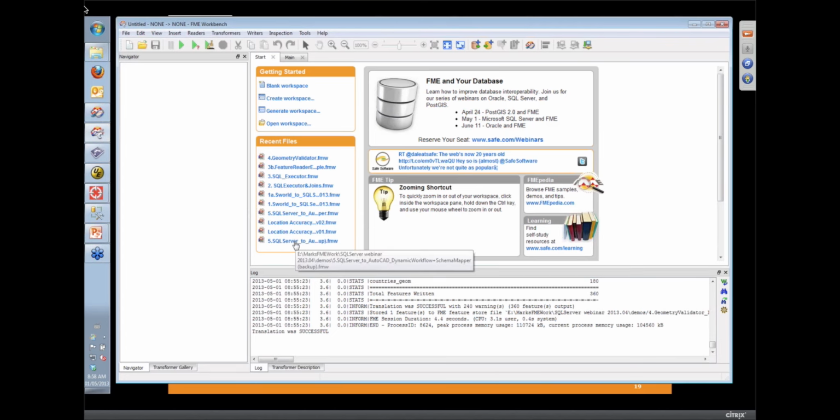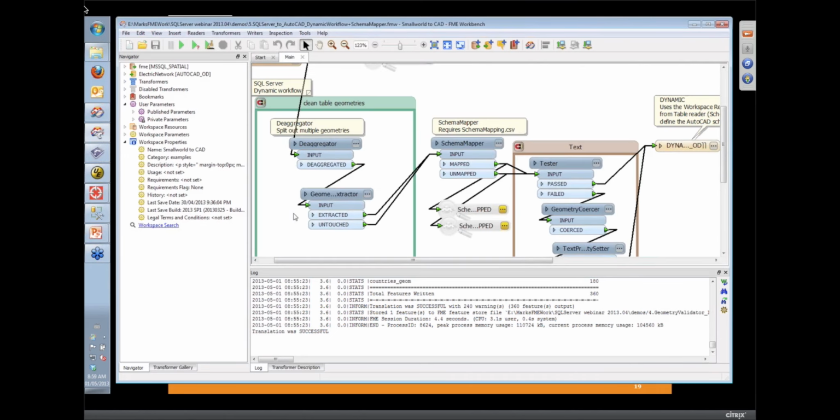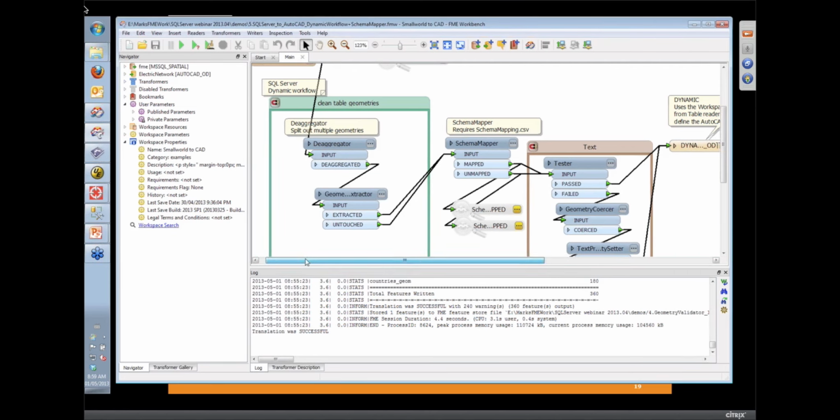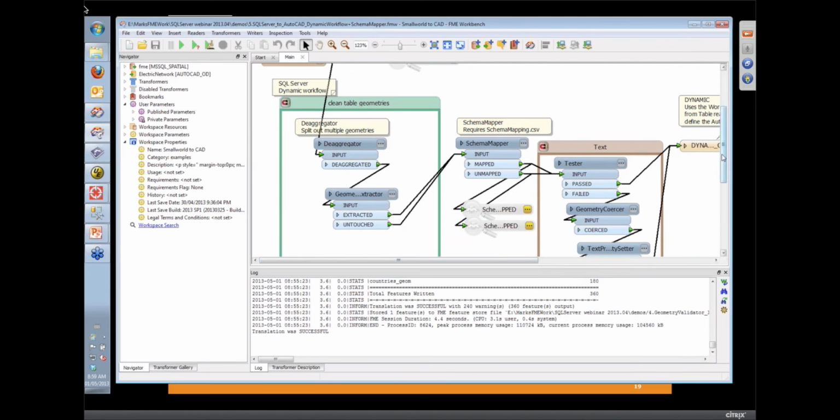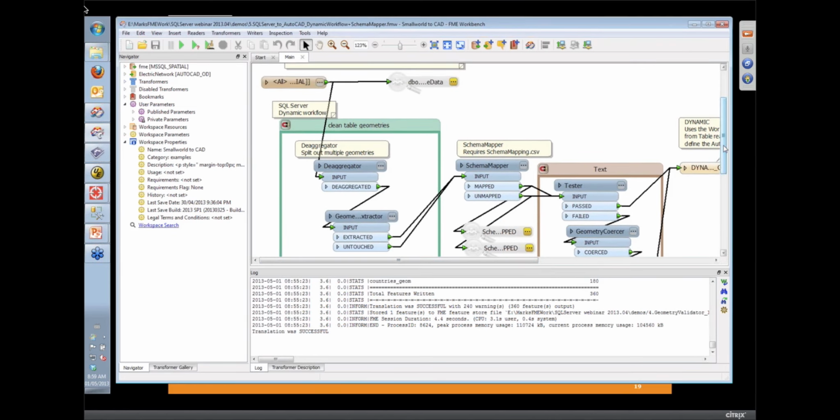Yeah, and in fact, the Evangelist is exactly where I start every example where we have to use the schema mapper, because it's a complex transformer, but Mark Island has done a great job explaining it. And so if you get into this kind of workflow, you can really simplify your workspace. One thing is here we're reading all the SQL Server tables that we want through a single feature type. So you don't have to have 10 or even hundreds of feature types in your workspace